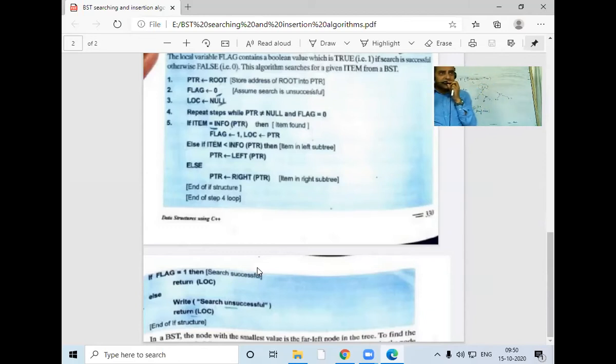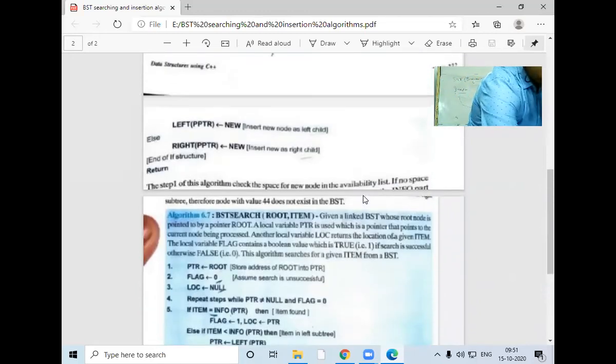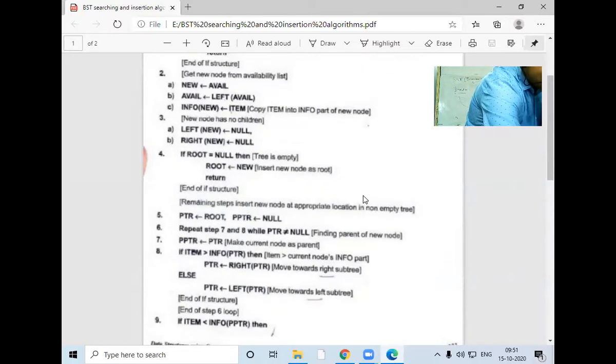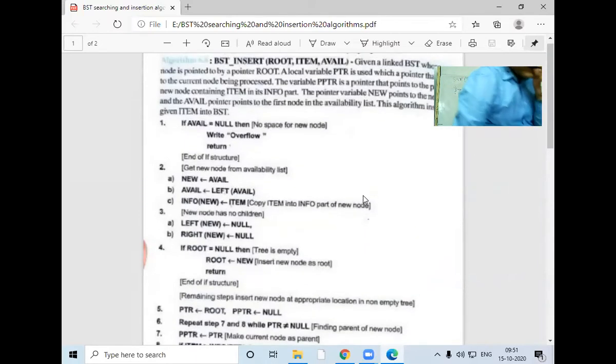Trust me, this is the easiest version of searching. If you see the notes on trees that I have shared with you earlier, the searching and insertion algorithm is a bit tricky. So this is the easiest version. Should I move on now? Should we go for insertion into a binary search tree?